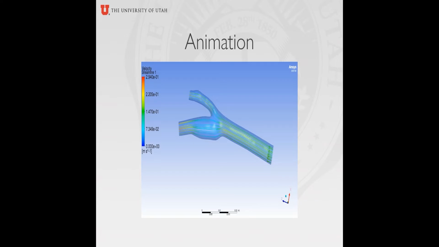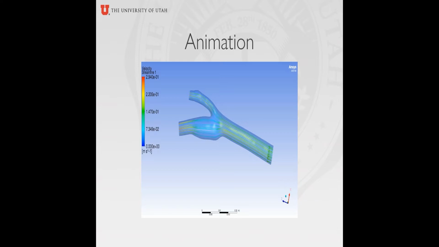Because our simulation is going to change in time, we want our images and our video to reflect those changes over the course of that simulation. I can play here the video that I created. I think this is just 1 second of pulsatile flow, so that should be 2 pulses. And you can see just how much both the magnitude and the direction of some of the velocity vectors here